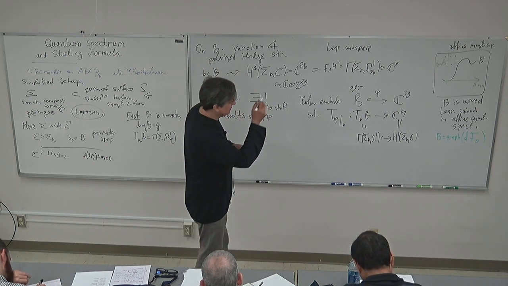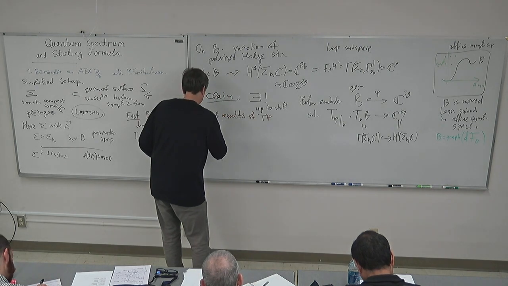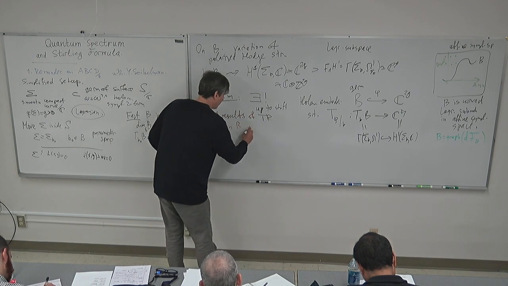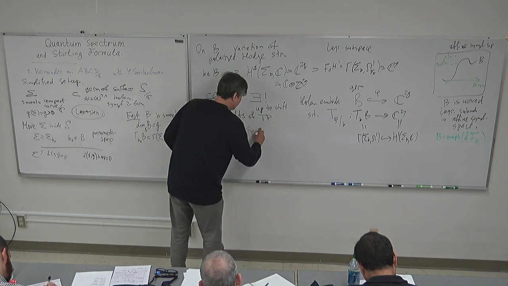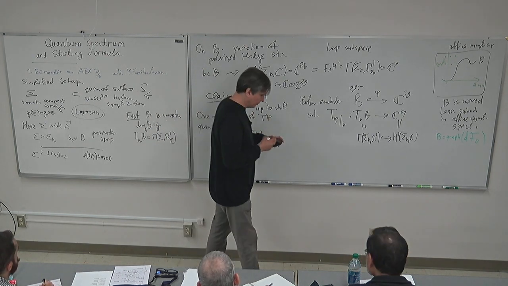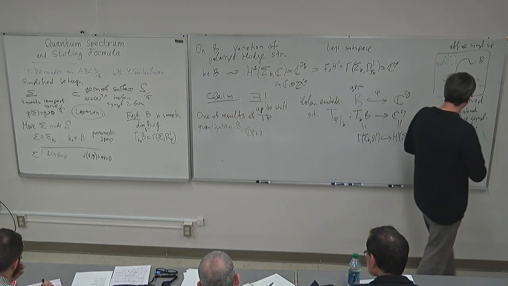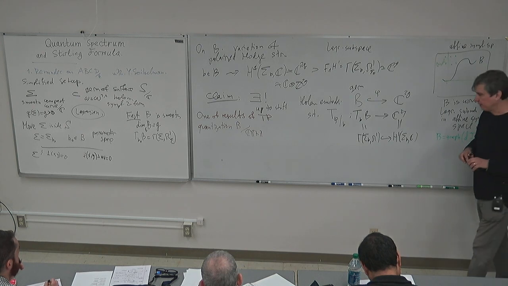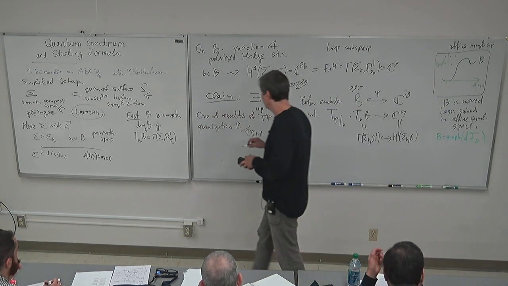We quantize B, quantization of B of form power series in the following sense. We have affine symplectic space, and on this affine symplectic space